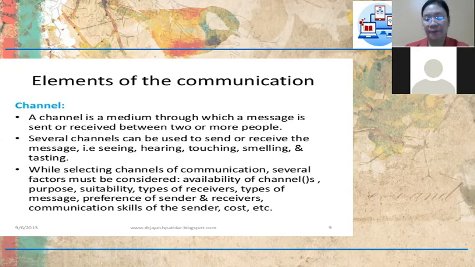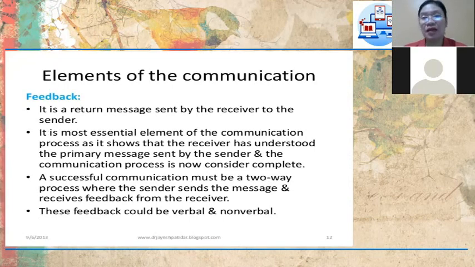factors. And also feedback. Another element is feedback. It is a return message sent by the receiver to the sender. It is the most essential element of the communication process, as it shows that the receiver has understood the primary message sent by the sender, and the communication process is now considered complete. You have to reply, you have to give feedback, you have to answer to the sender